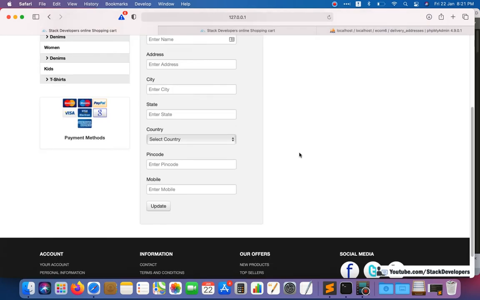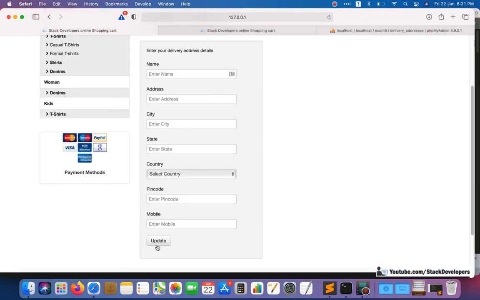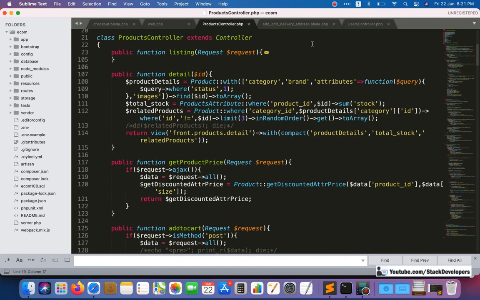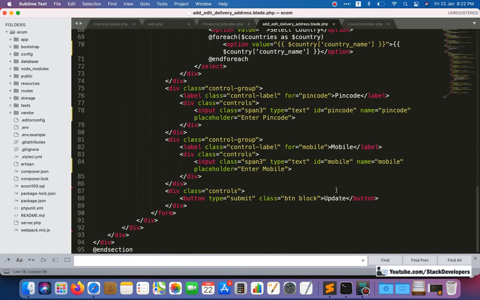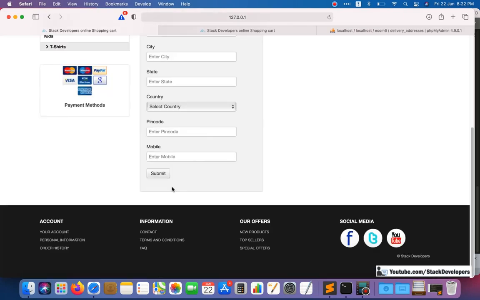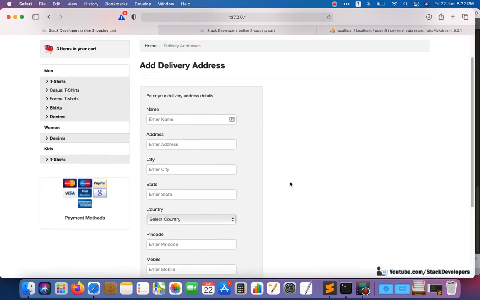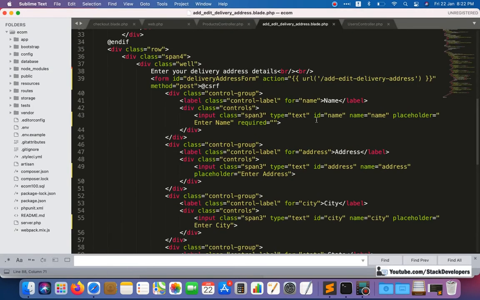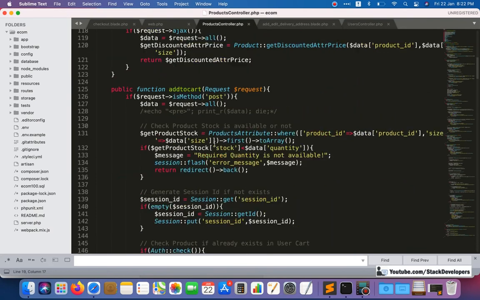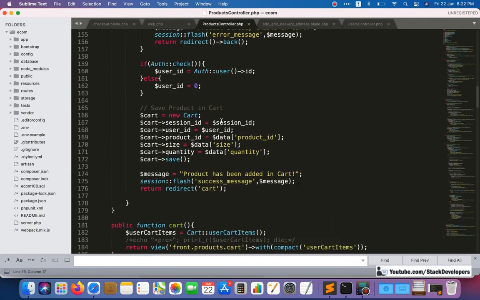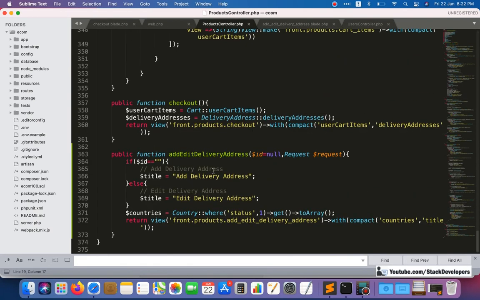Okay, so now we are going to add the delivery address, and here, instead of update, I'm going to add submit. Okay, so after clicking on this one, the delivery address will get added. So it will go to this one and will come back to our function, and here we are going to apply the post method we are required to do.